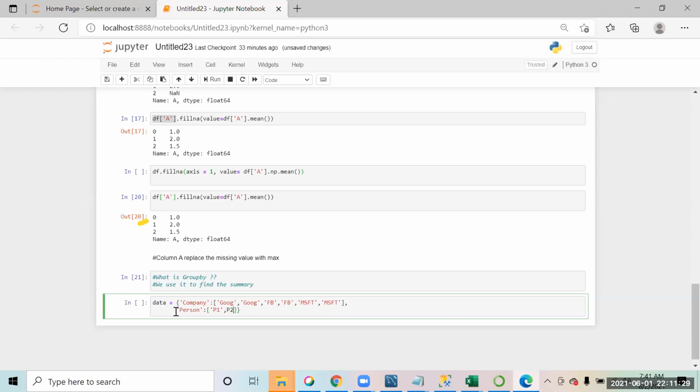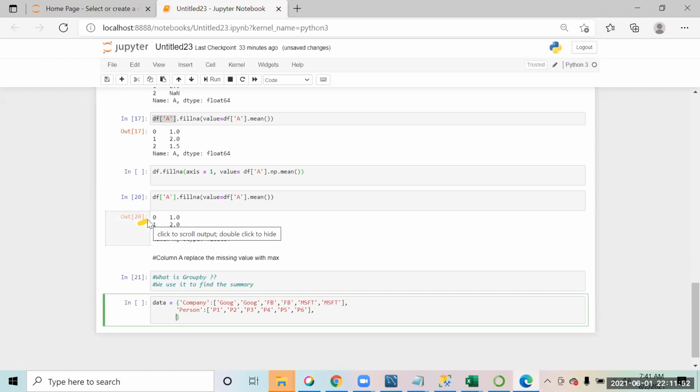This is like the information of the employees in that company. P1, P2, P3, P4. So we have 1, 2, 3, 4, 5, 6. P5, P6. And we can make sales.